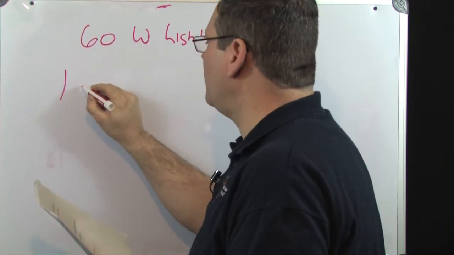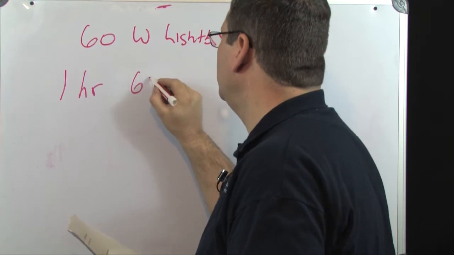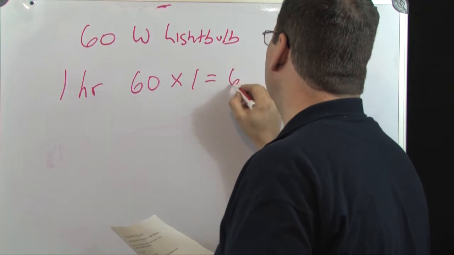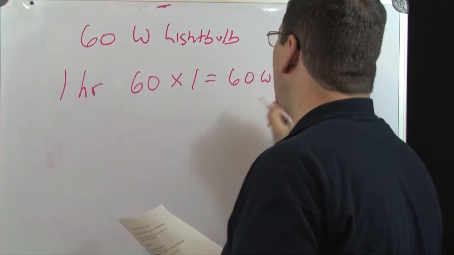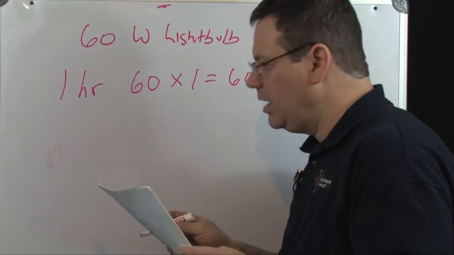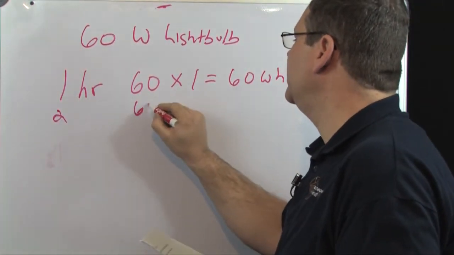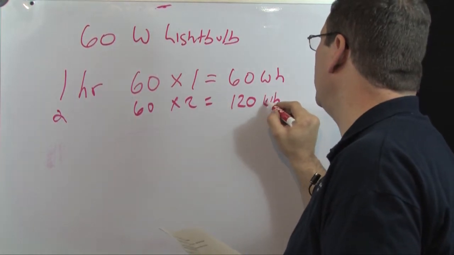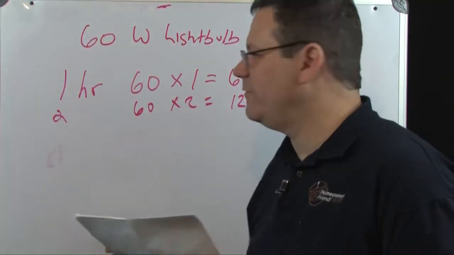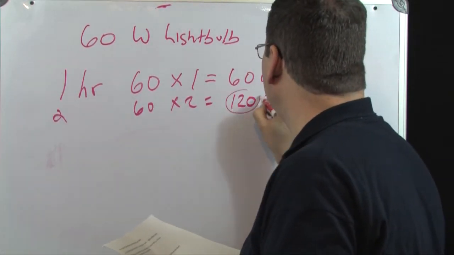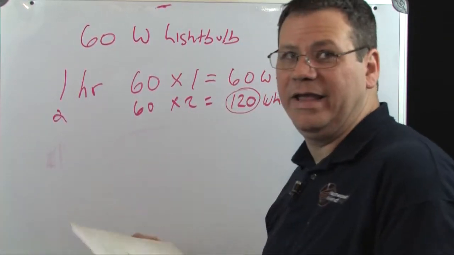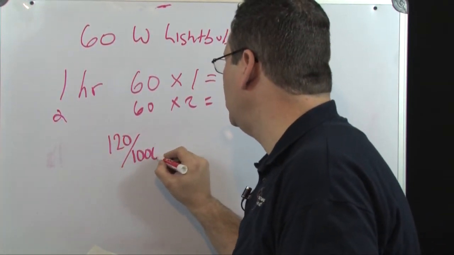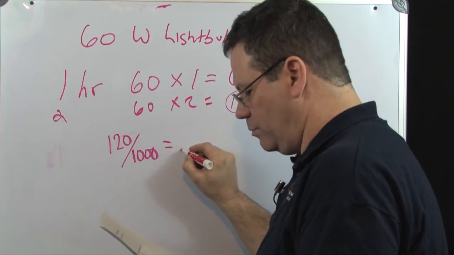If you ran that light bulb for 1 hour, remembering the formula, it's watts, 60, times the number of hours equals 1. That would be 60 watt hours, okay? If you used it for 2 hours, it'd be 60 times 2, or 120 watt hours. Pretty straightforward. If you wanted to calculate this 120 watt hours into kilowatt hours, you would go 120 divided by 1,000, and it would give you